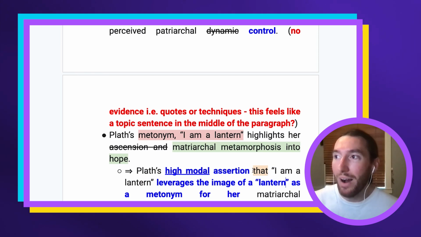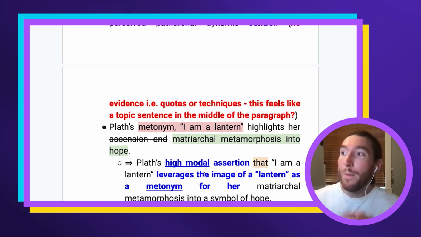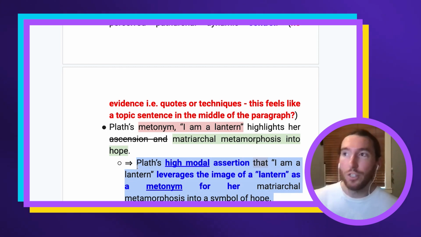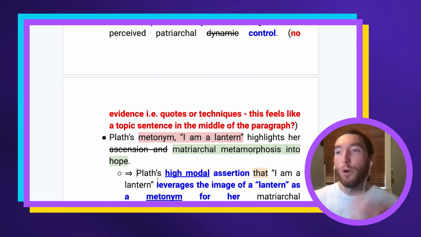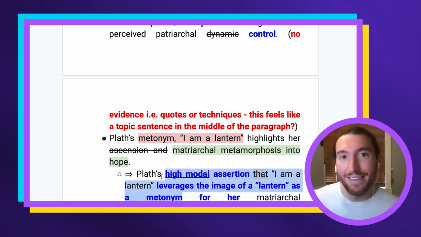It's okay to repeat that. We're isolating that word out to show that we're really analyzing the quote properly. As a metonym, now we get the metonym. There she is. For her matriarchal metamorphosis into a symbol of hope. Okay, I've added symbol of hope there as well. Probably don't even need to say that, but in any case, that's what it's been changed into. So I think that has more flow, more sophistication, and it's a better use of metonym as well. And you also get to have the two techniques that are mentioned, and that's obviously going to elevate the sophistication on a technical level.